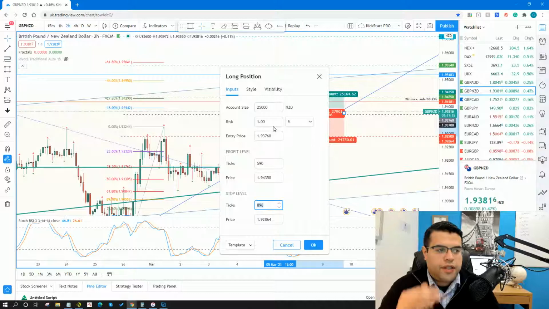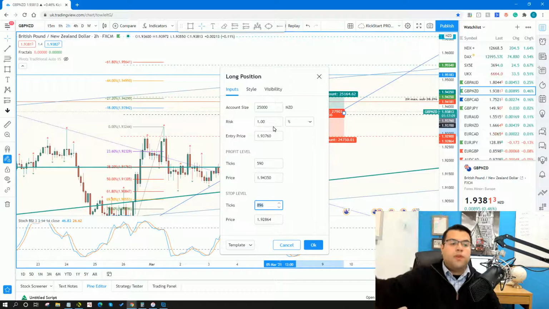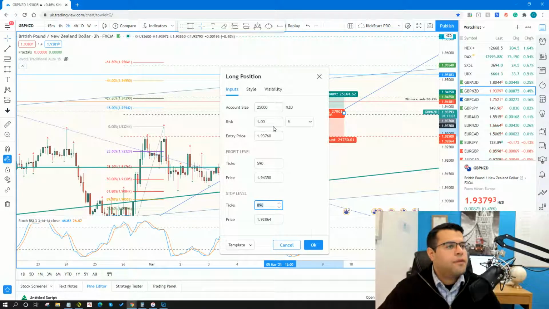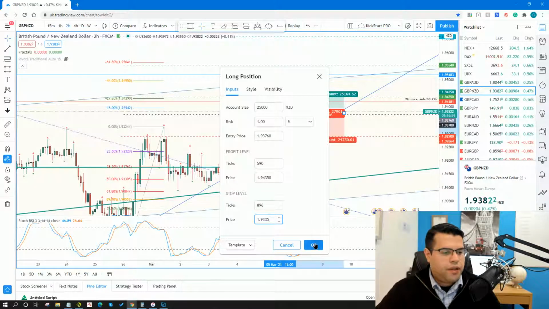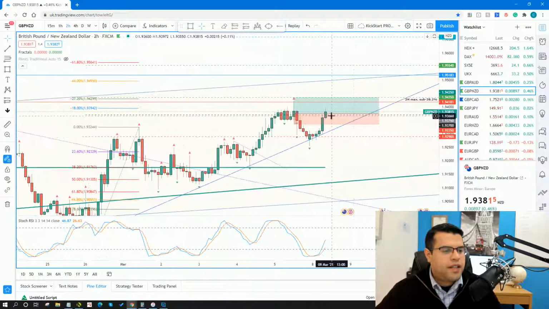I mean, sorry, it's on the way to 95.18, right? So I could technically go all the way to 95.18. But in this case, let me just see where I put my stop. I put my stop at 93.35. So 93.35. Yeah, so in this case, I'm only going for the 1.5 to 1.